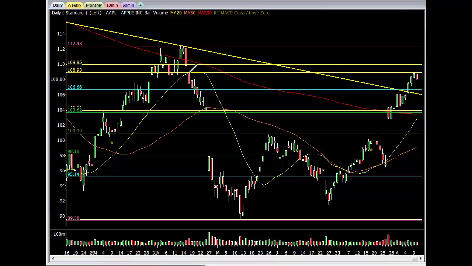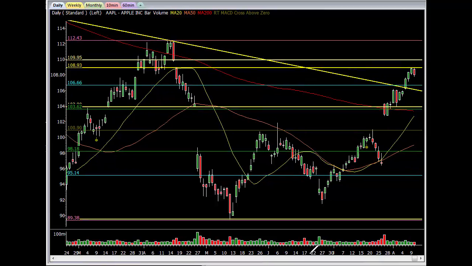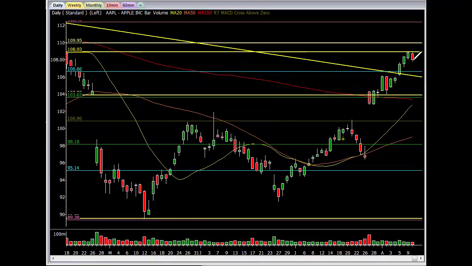We talked about this gap fill at 109, getting knocked. That hit it yesterday. We're starting to pull back, but now we're going to wait for a pattern to see if we can consolidate. But this nice reversal candle here on the daily tells me we could possibly start moving down. So we're going to keep an eye on that. So we're either going to start moving down or we're going to keep going sideways to see if we consolidate